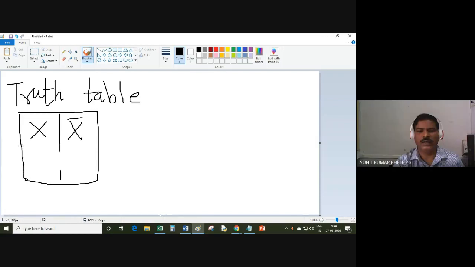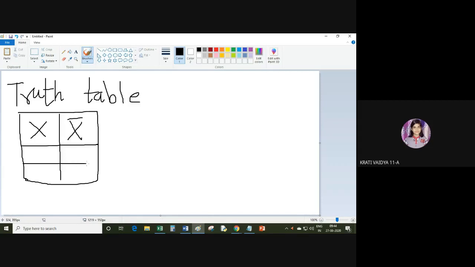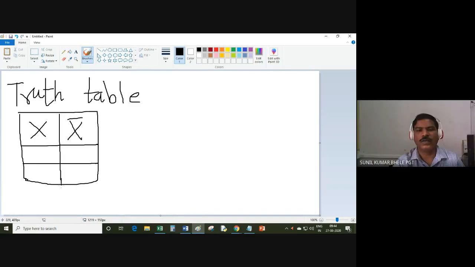Yes, in terms of gate also you have to draw this truth table. If the input is 0, output will be 1. If input is 1, output will be 0, like this. So along with the gate also you have to draw the truth table, because I am going to explain more gates, not only NOT, AND and OR. I will also explain about NAND gate, NOR gate, exclusive OR gate. So each and every gate has a truth table. So draw again this truth table for NOT gate.